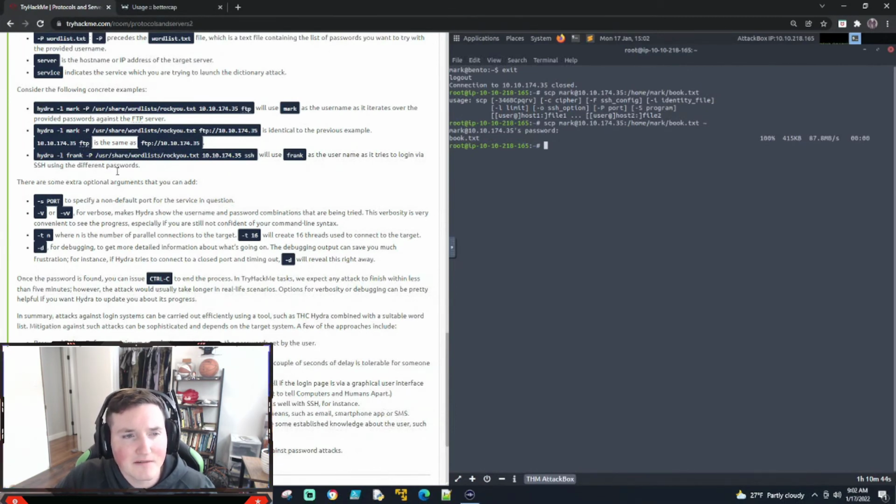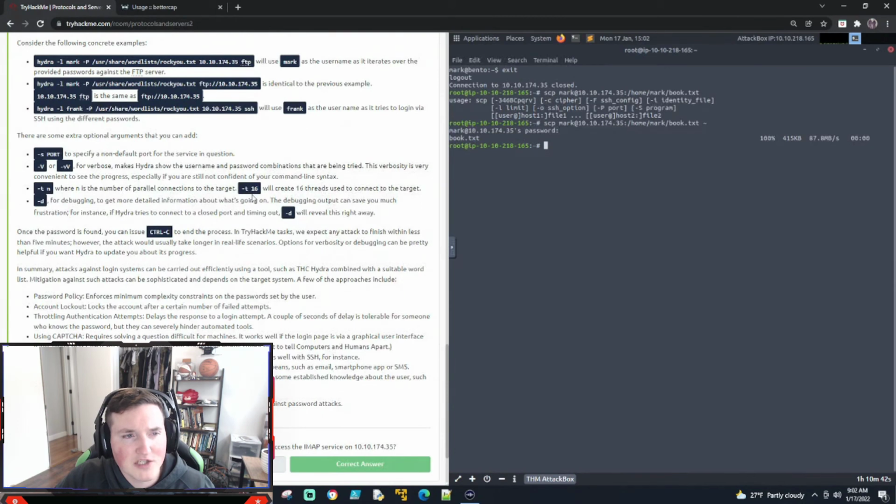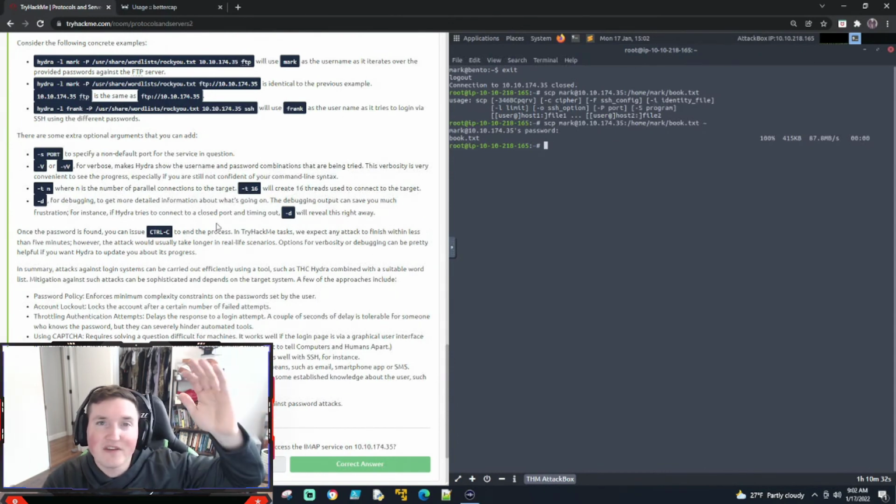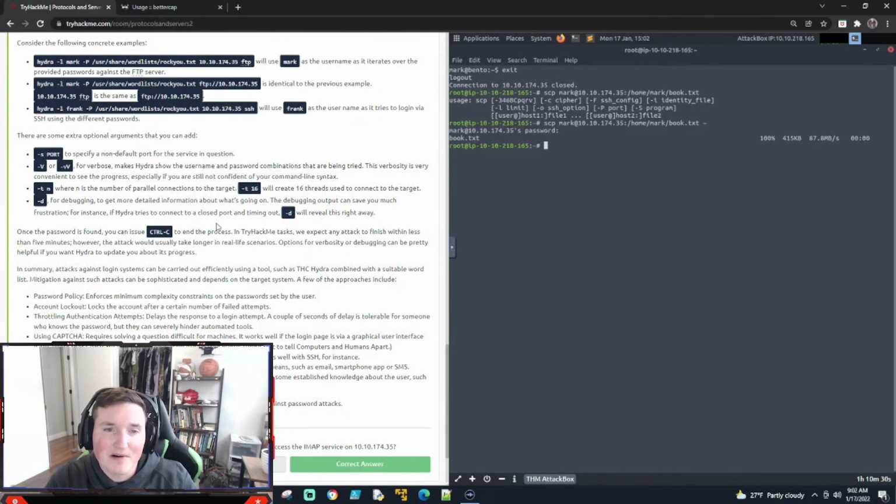And you'll see here you can change how many connections in parallel you'll do. The reason you might want to do this is because, for one, you're going to get busted if you have 50 parallel logins for the same person trying at the same time, right? So stuff like that, just keep that in mind.